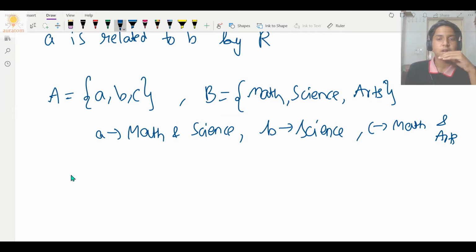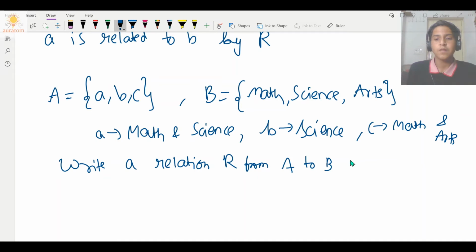Now, what we need to find in this question is the relation from A to B, given this information that A is taking math and science, B is taking science, and C is taking math and arts. Right? Relation R from A to B, where R consists of ordered pairs (a, b) such that